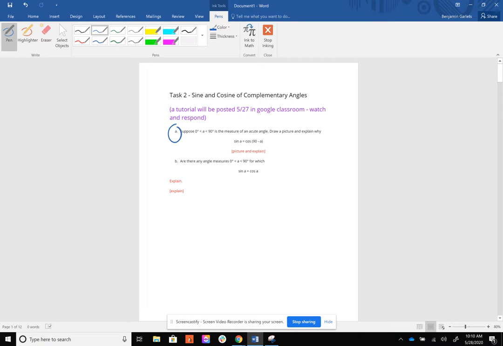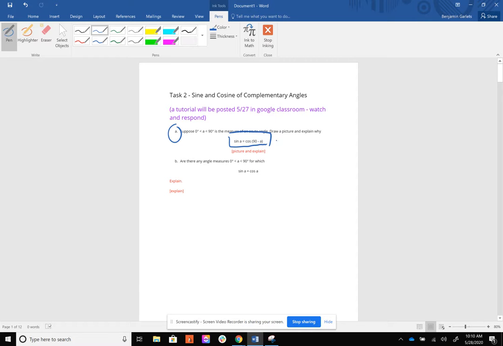So suppose that you have an angle A that is between 0 degrees and 90 degrees. It's a measure of an acute angle. It's the definition of acute, if it's more than 0 but less than 90. Draw a picture and explain why the sine of angle A is equal to the cosine of 90 degrees minus angle A. So that might be kind of intimidating, but let's start with a picture of a right triangle,